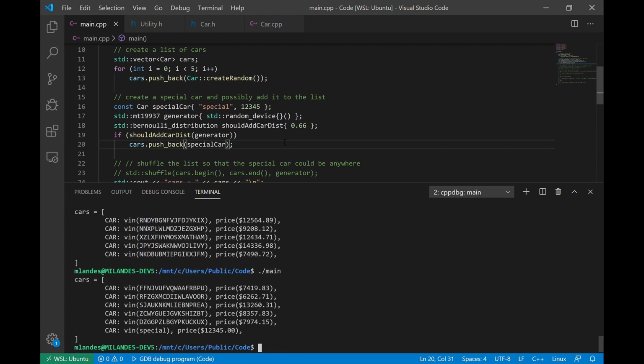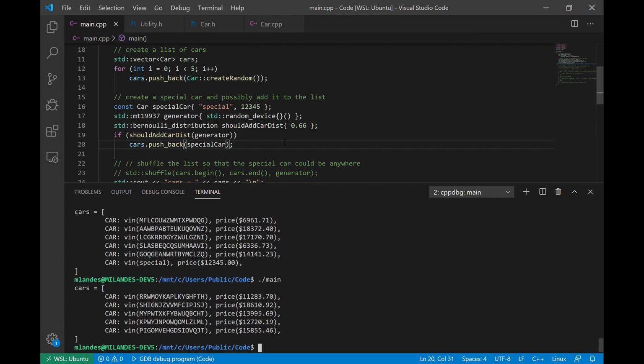Okay, so let's run this. Okay, so there's the car. There it is again. There it is again. This time it wasn't there. Okay,